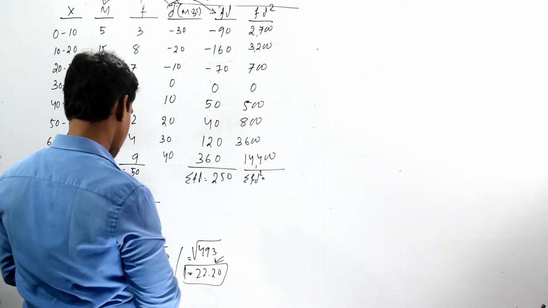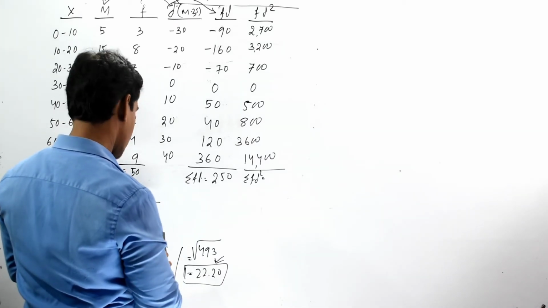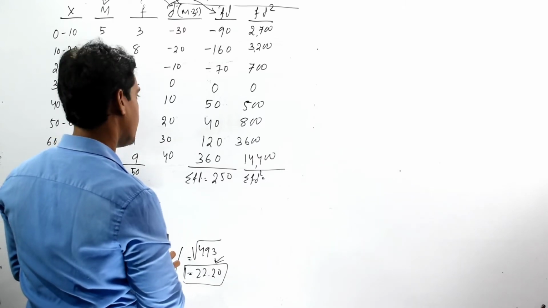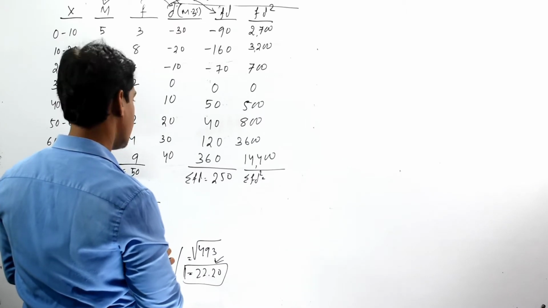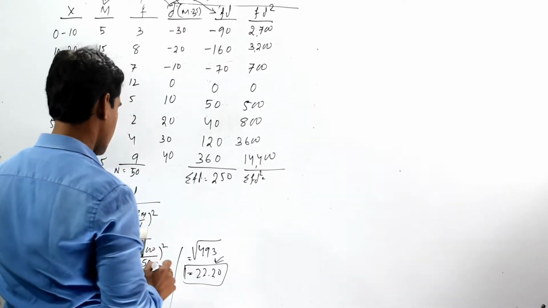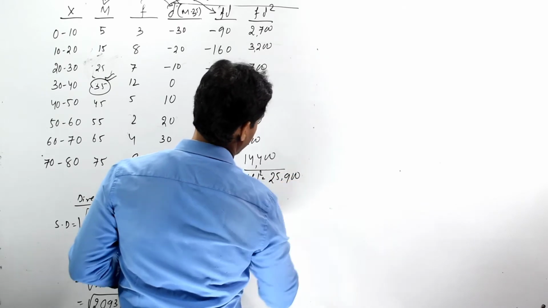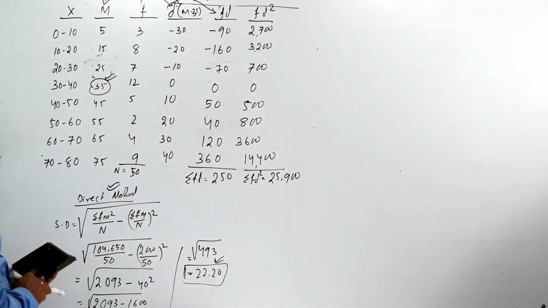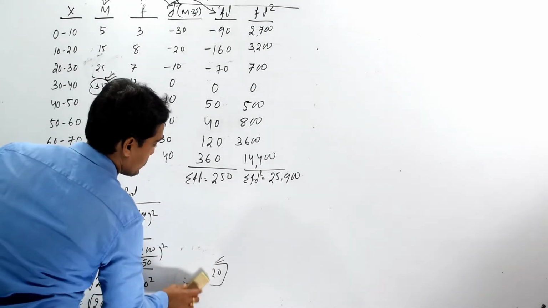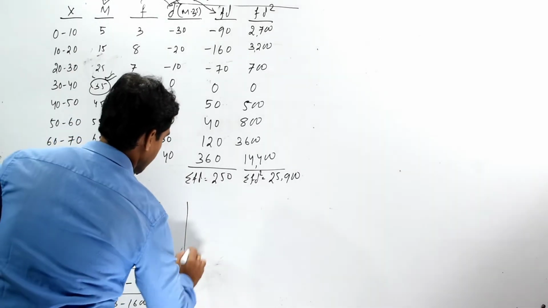So summation FD square equals 2700 plus 3200 plus 700 plus 500 plus 800 plus 3600 plus 14400 equals 25,900. Now we should find out standard deviation by using the shortcut method, that is